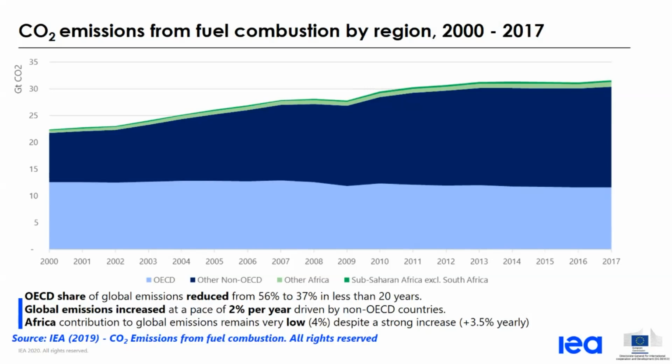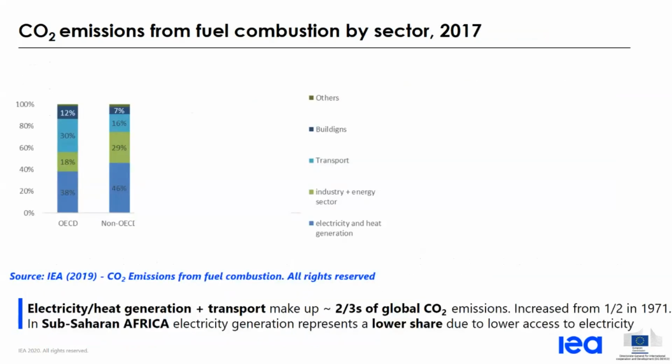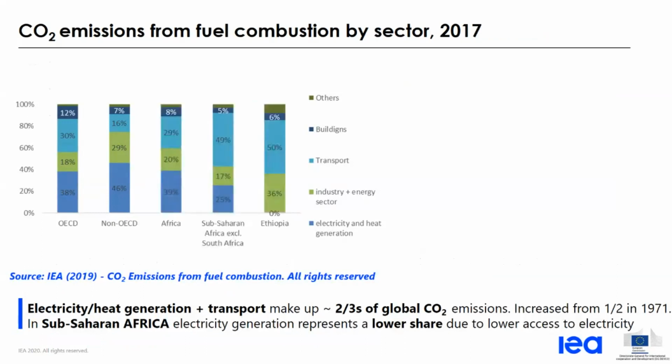Now we can see, for example, the same CO2 emissions, but by sector. Where are these CO2 emissions coming from? And if we compare, for example, globally, if we sum OECD and non-OECD, we can see that electricity and heat generation combined with transport make up almost 2/3 of global CO2 emissions. So it's a very, very big part of it. And this is even more in